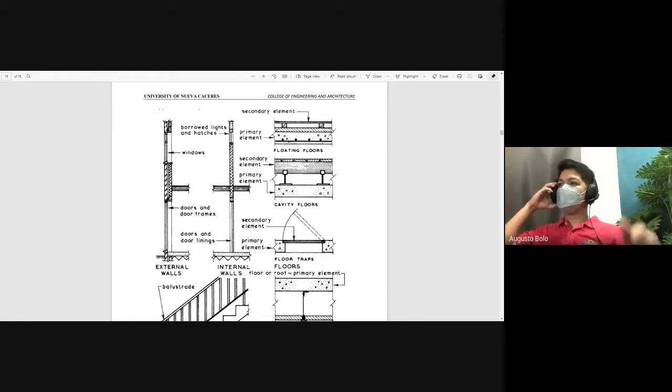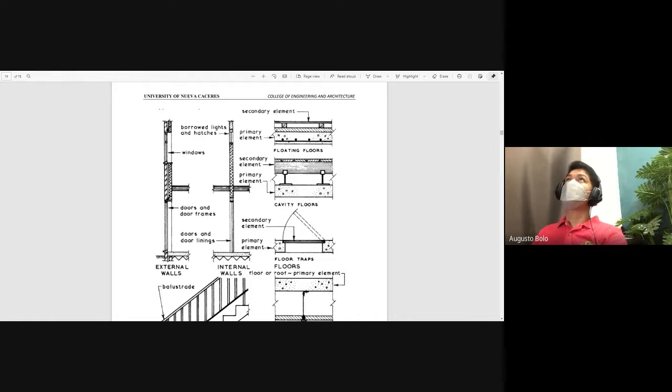On your screen, you can see the external walls, such as this one. We have parts of the external walls na doors and door frames, windows, while on the internal of that one are of course door lining. Door lining, we have the same profile of, say for example, a door or door frame or windows and window frame, parehas din yon. Cavity walls, ano yung cavity walls na sinasabi? On your illustration is an example of a cavity wall, meaning